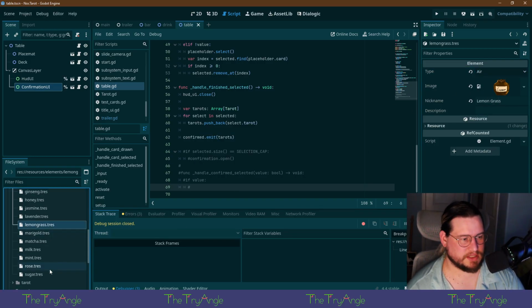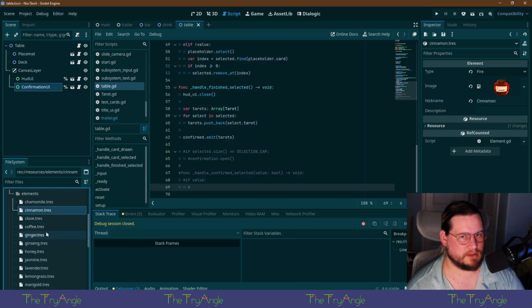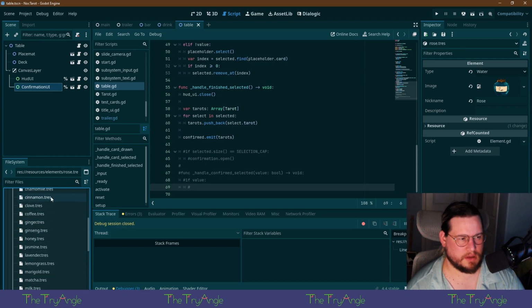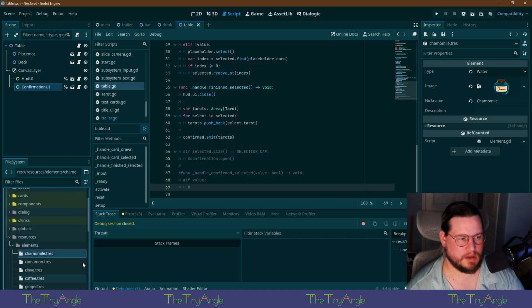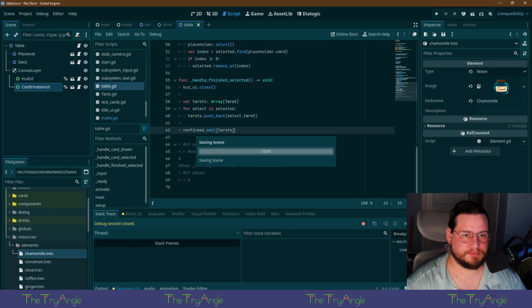Lemongrass, air. Mint, air. All right. Try this again.